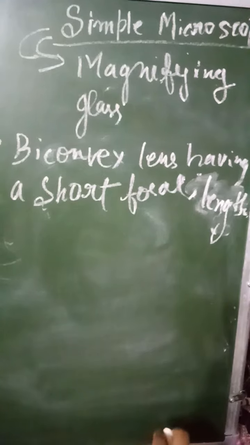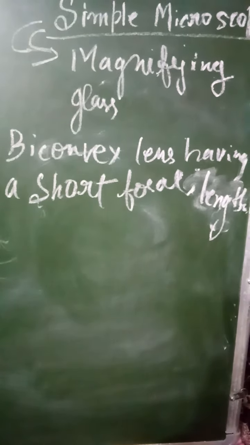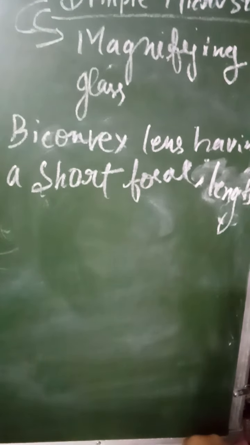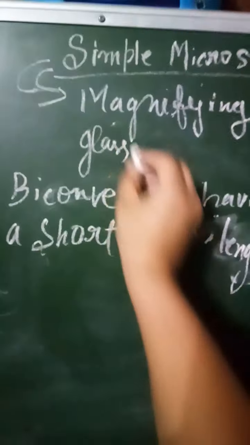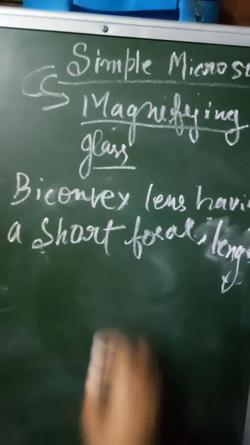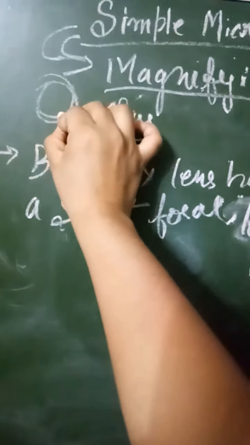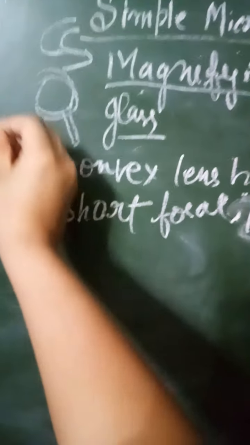So microscope is a type of optical instrument which is used to magnify things, and we are able to see the object in a magnified way. So simple microscope is nothing but a magnifying glass. You have seen it is like this form, this is the glass and this is the stand. When we use this, the letters are seen a little bit bigger.